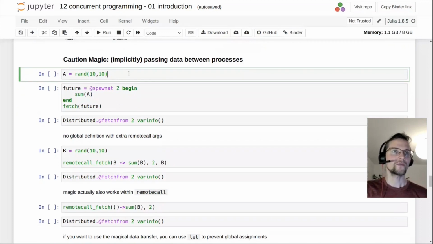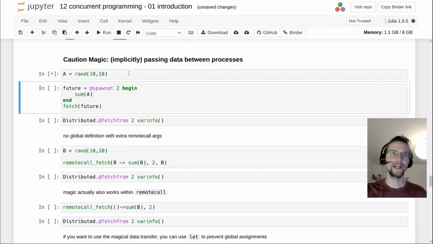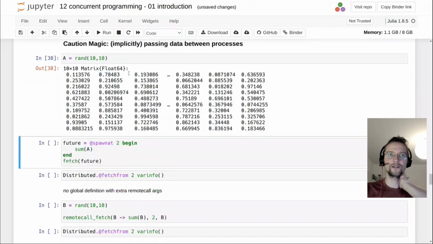Okay, so what I want to show you is that the distributed package has a little bit of magic when it comes to bringing data or variables to the other processes, because this is the key difference to what we've seen before. The asynchronous programming and the distributed programming, it's running in the same Julia process and sharing all the variables. But here now, everything is kind of empty in the other processes,